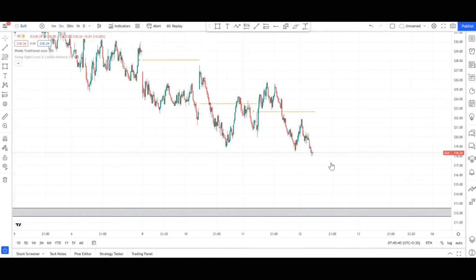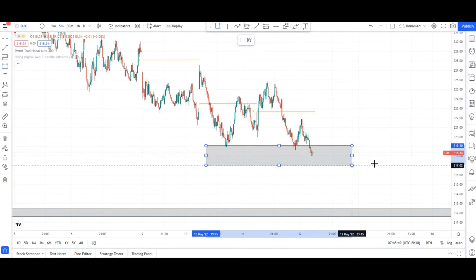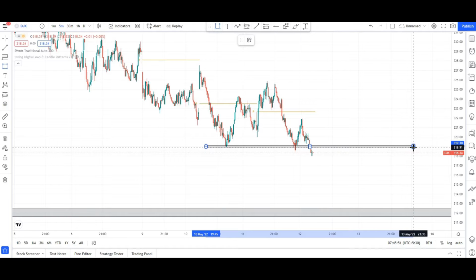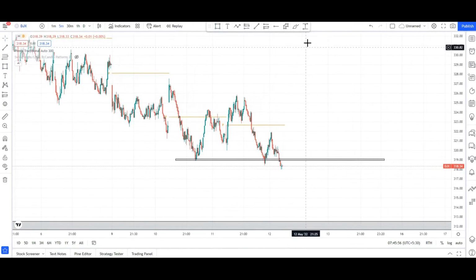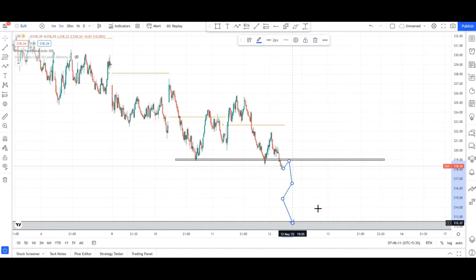Okay guys. So you can see here, guys, yesterday this was your supporting area. So right now it will act as one of the major resistance areas. Okay guys, so what we are going to do is, if it takes resistance somewhere here, then our first target, second target, and this will be the third